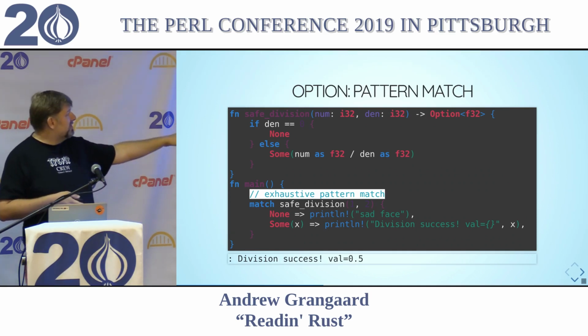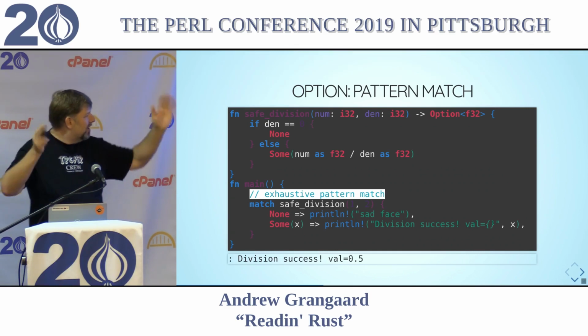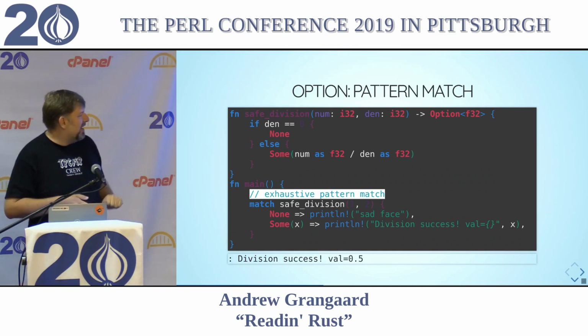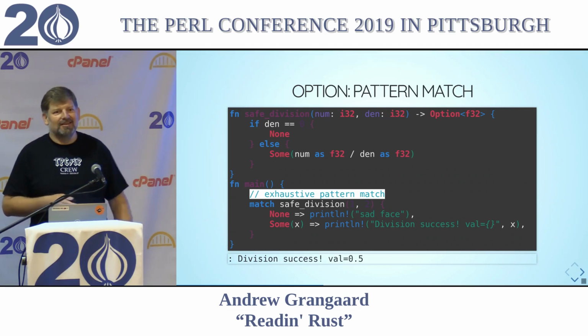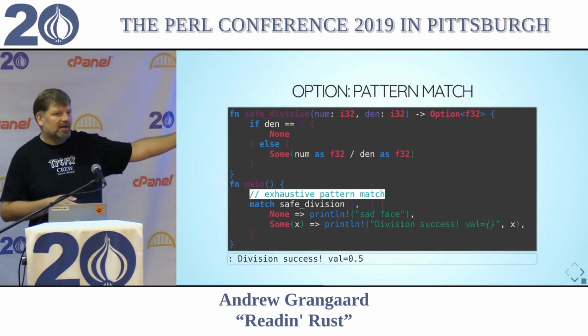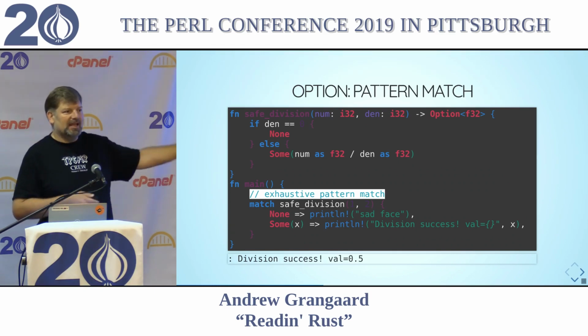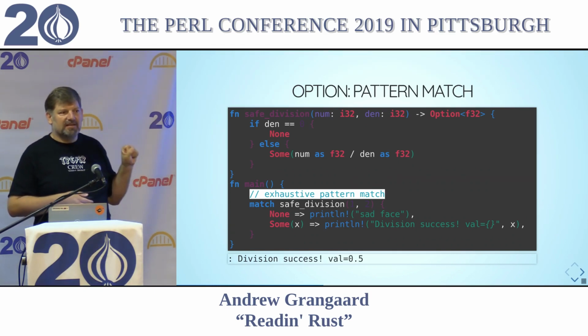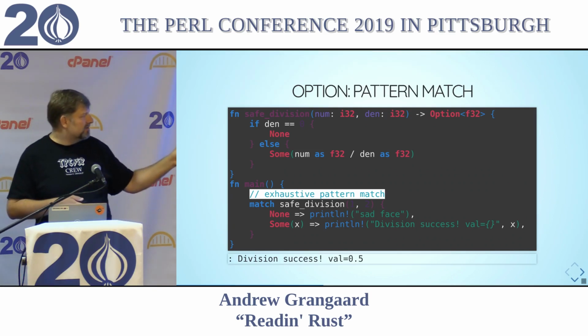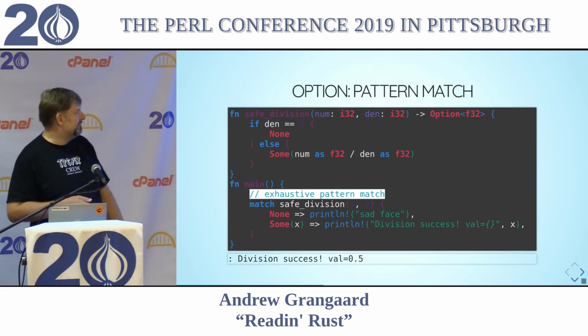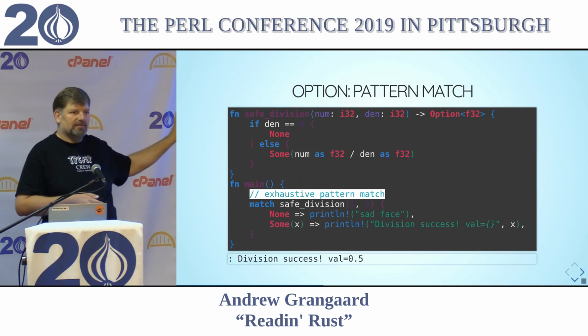So this one, if you could see all of it, would say match safe division of 1, 2, and then I have a brace, and I have 2 conditions. I have the none condition, and I say, hey, if I got a none, I want to print out a sad face. Whereas if I got a sum of variable x, this declares a variable x and takes the value from inside the sum, and on the right side of the fat arrow, you now have an x that contains the value and owns the value that was in the option. So this is like the verbose explicit way.